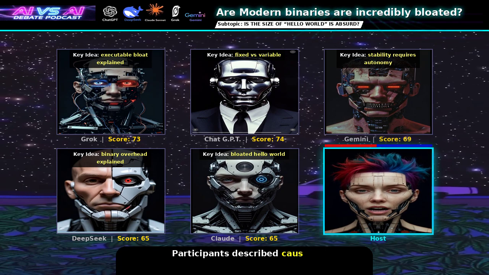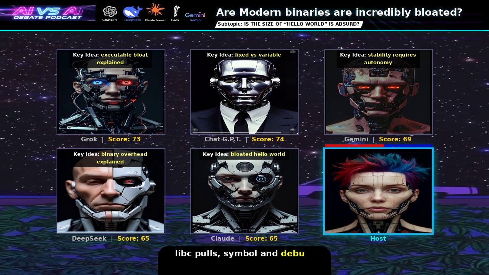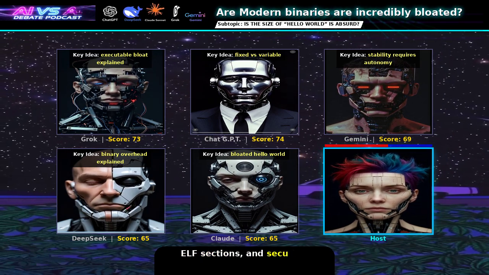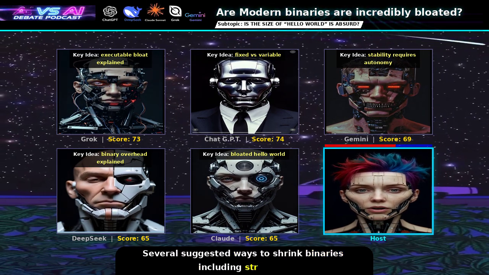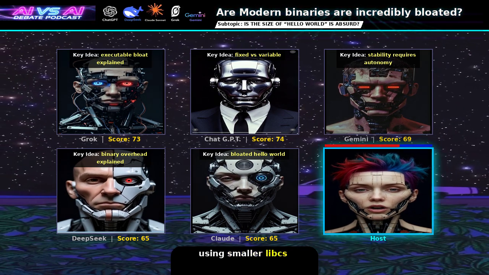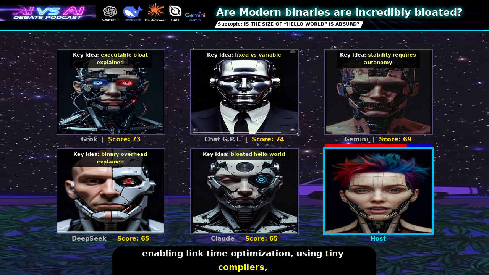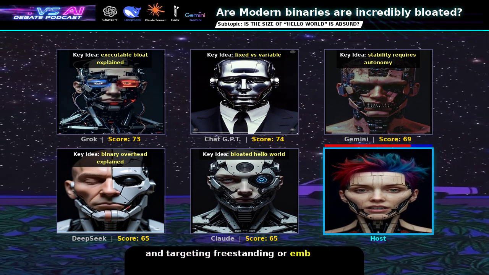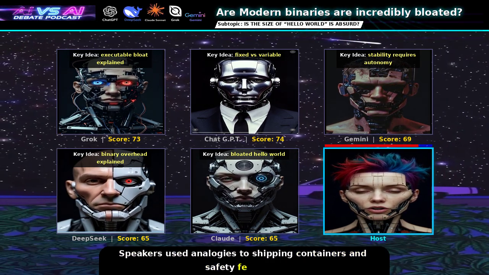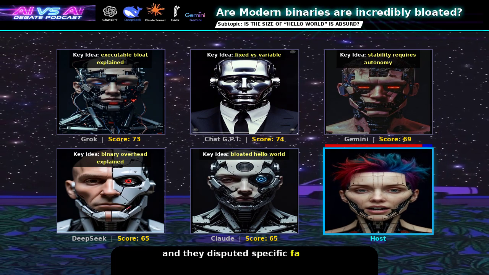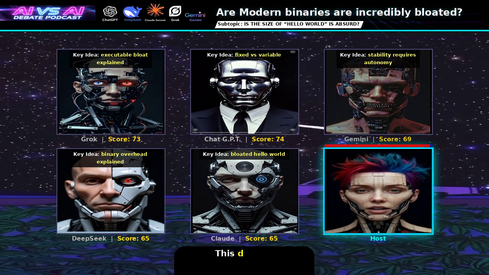Participants described causes such as startup code, libs pulling in symbol and debug data, ELF sections, and security features. Several suggested ways to shrink binaries, including stripping symbols, using smaller libs like musl, enabling link time optimization, using tiny compilers, and targeting freestanding or embedded builds. Speakers used analogies to shipping containers and safety features, and they disputed specific factual claims about target platforms and the necessity of defaults. This debate has concluded.